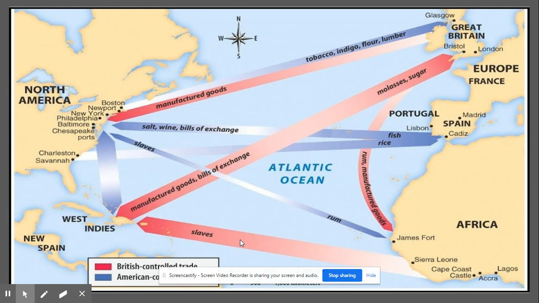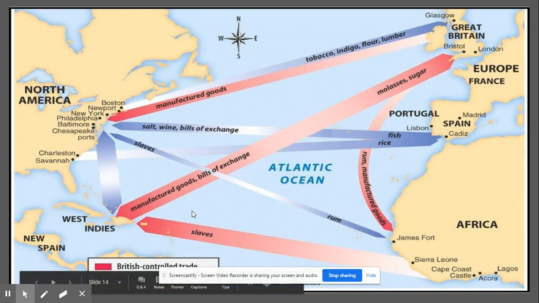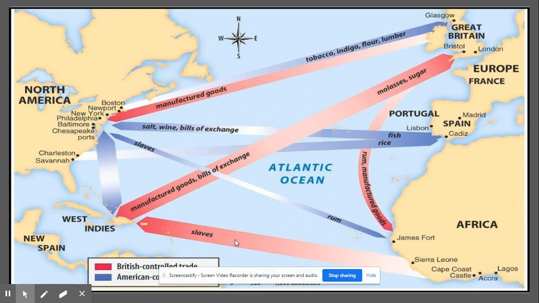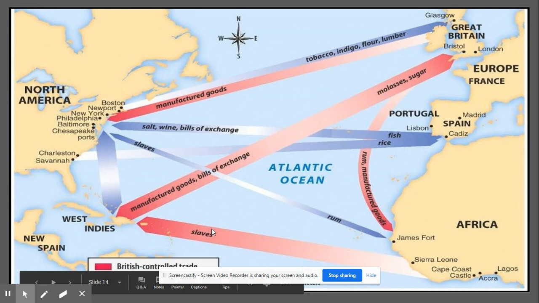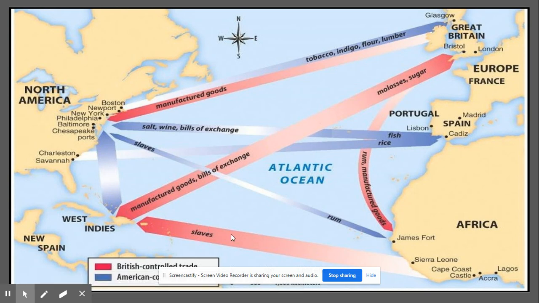Understand, there's not a lot of people on these boats that are taking care of these slaves. There's not a lot of slavers on these boats that are making sure that the slaves get there. Understand, there's going to be a lot of dysentery and a lot of nasty things that happen inside these ships. It's known as the Middle Passage. Very terrible thing, guys. Understand that.